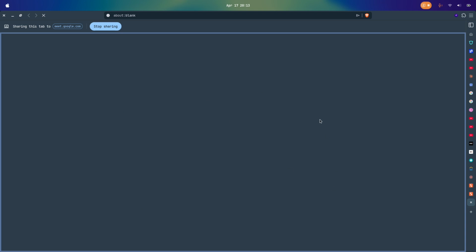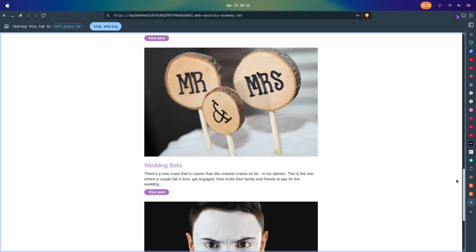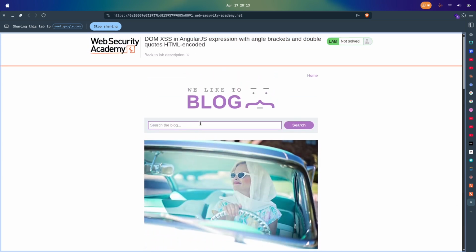It's a DOM vulnerability, not a server side vulnerability or a reflected one. DOM is basically a client side vulnerability where the issue is in the front end only, in the DOM only. Okay, so this is how our website looks,